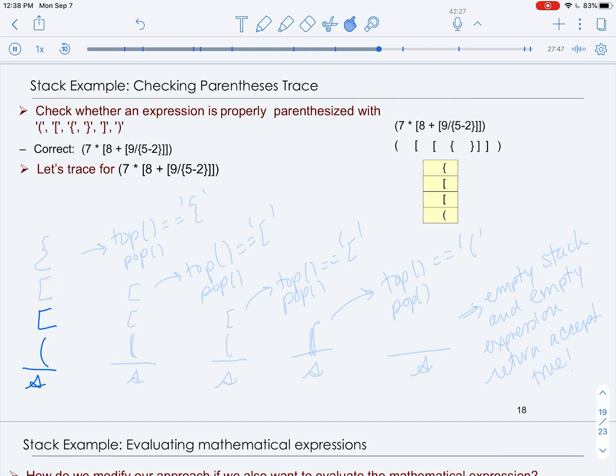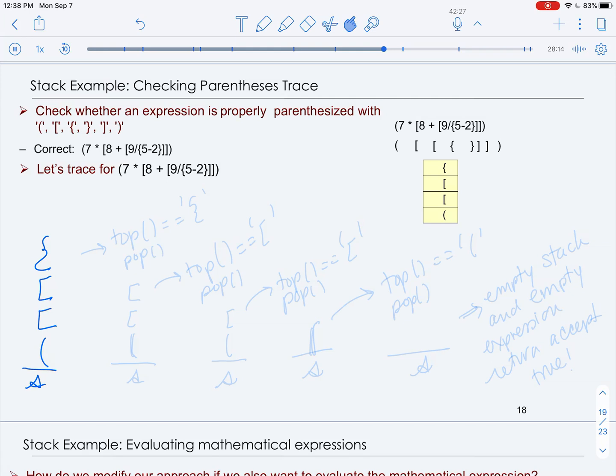We ignore the 8 and the plus. We push the left bracket. We ignore the 9 and the division symbol. We push the left brace. We ignore the 5, the minus sign, and the 2. And finally, you see, we come across the